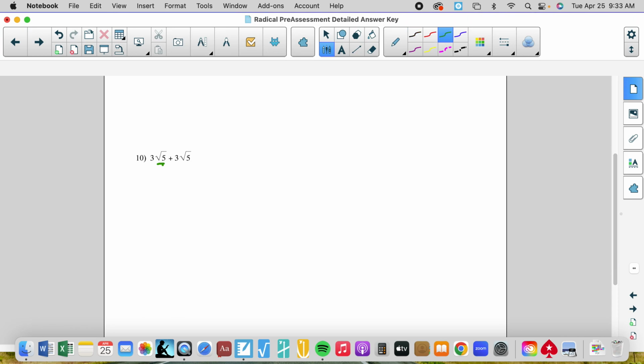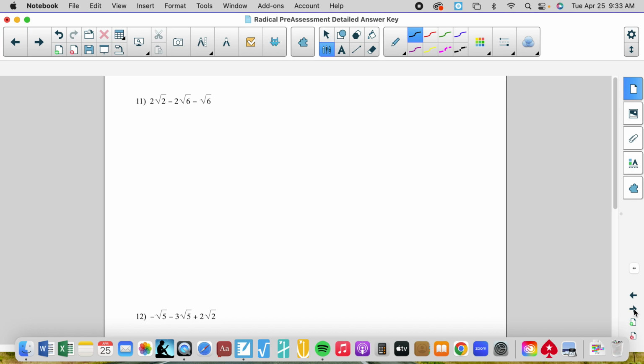Again, we have like radicals. Because we have like radicals, we can combine their coefficients. Coefficients of this problem, of these radicals, are 3 and 3. So that gives me 6 rad 5. Very, very simple, super fun. Now we have 3